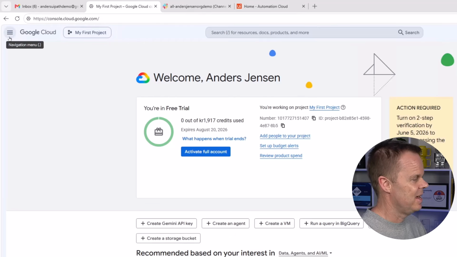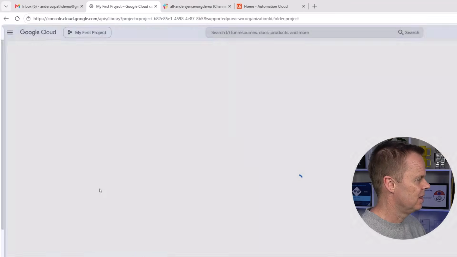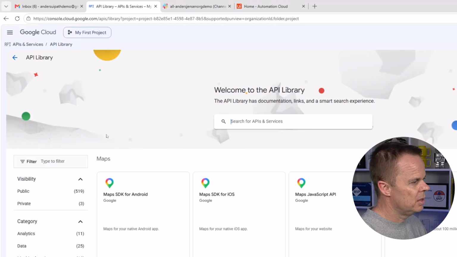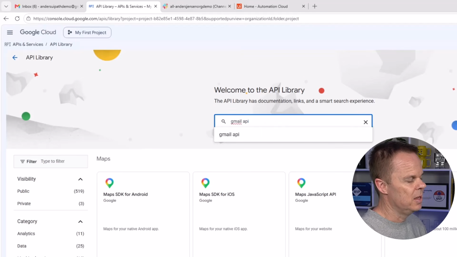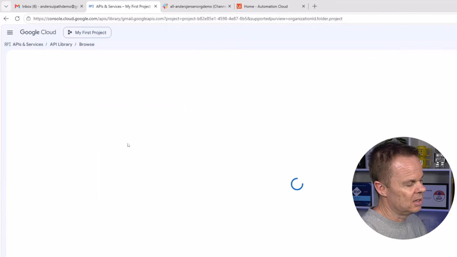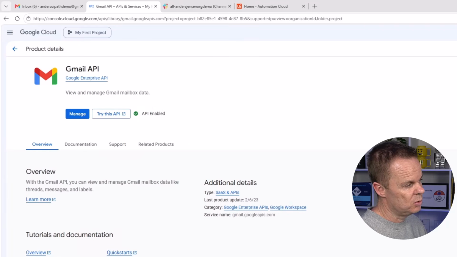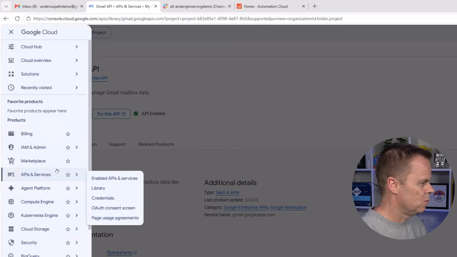Then you click the hamburger menu here to the left. Go down to APIs and services and click the library. Then you want to go up to the search box here and search for the Gmail API. Find it and click it. If this is your first time, you want to enable it. I already enabled it. Then I want to click the hamburger menu once more, and I want to go to